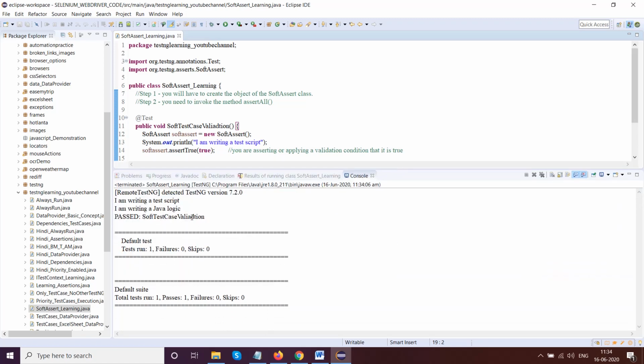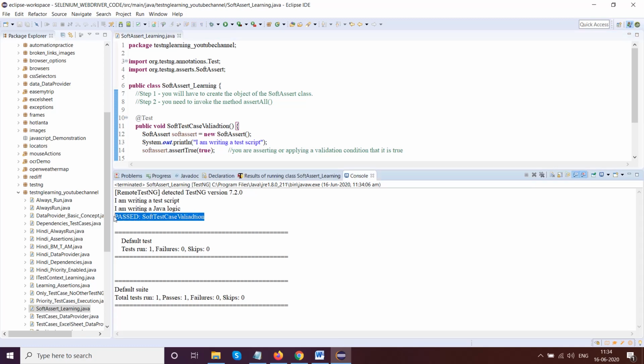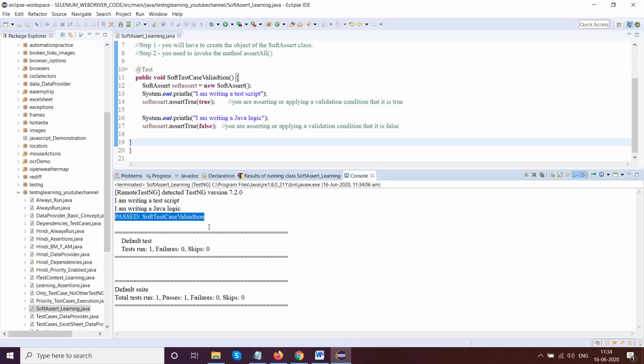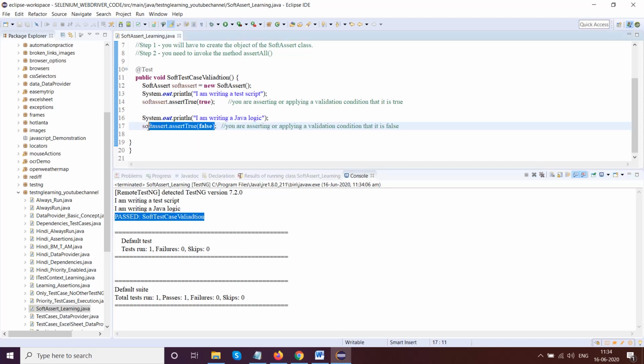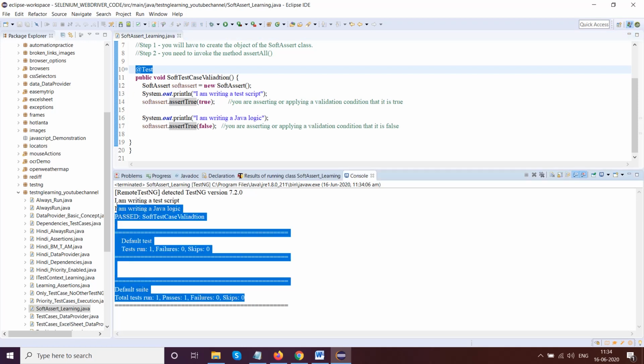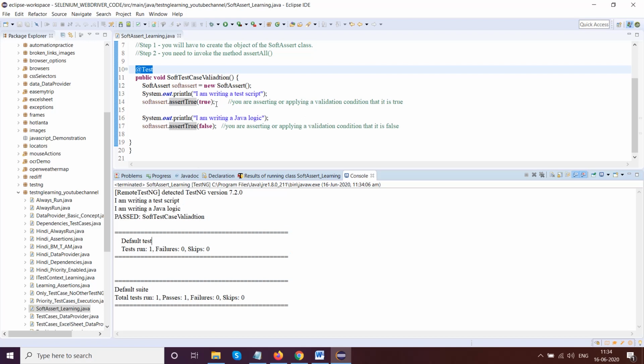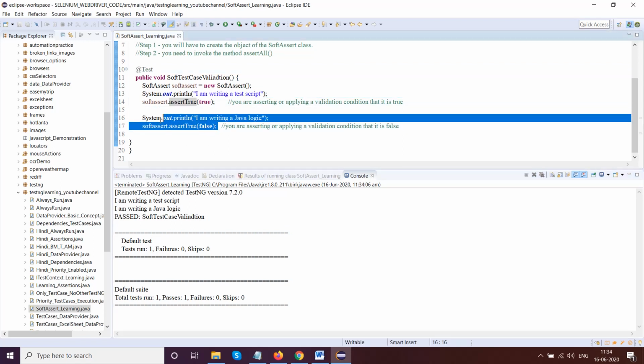See, this test case was actually passed, but the truth is not this. This is somewhat a mirage. It is not exactly true, because you are failing something, right? You are passing a boolean condition which is false. So how can this test case pass? Do you think this output is correct? This output is incorrect. This output is partially correct. This output is correct up to here, but what about this part?